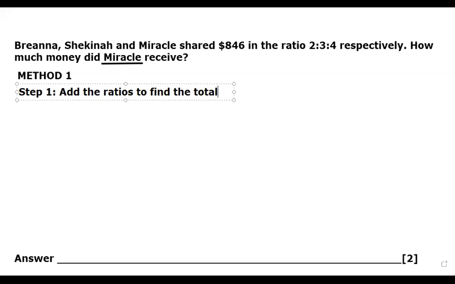So for the first method, what we do is we add the total number of ratios. So step 1, we add the ratios to find the total. And so when we do that, what we come up with is we're adding 2 plus 3 plus 4. That gives us 9. The second step is now we divide